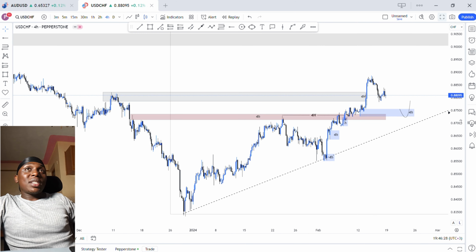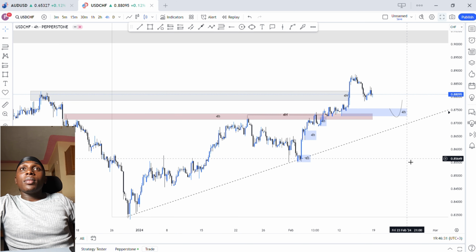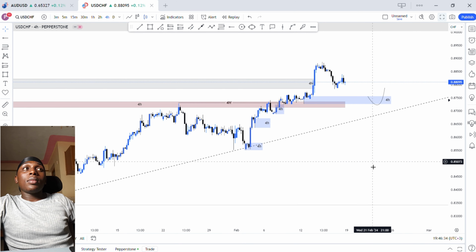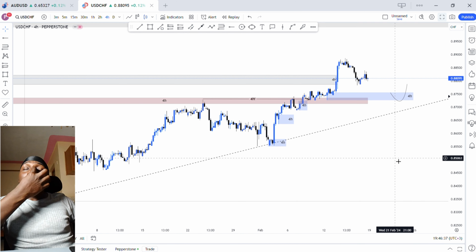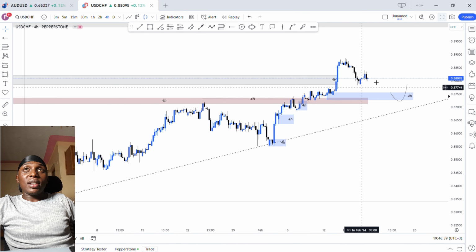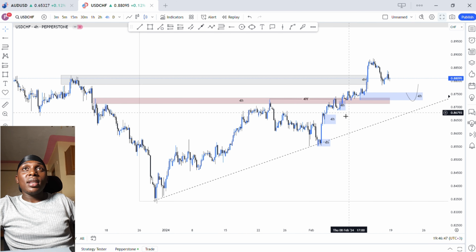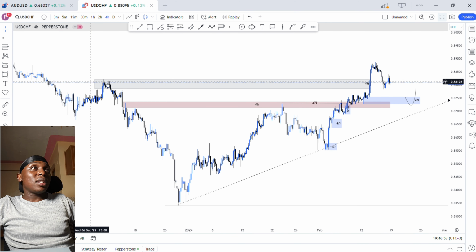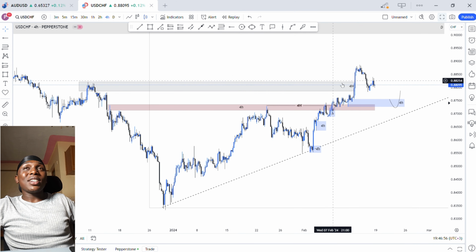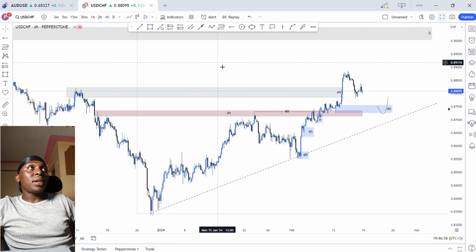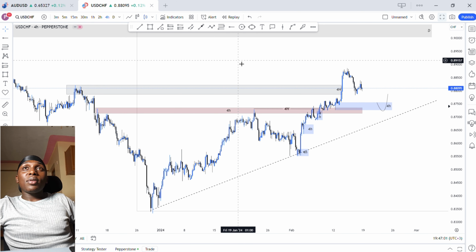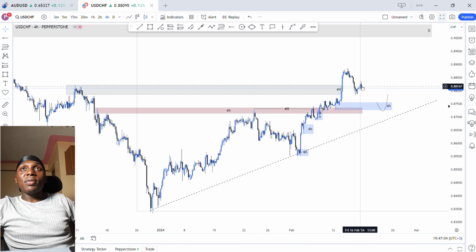4-hour time frame for USDCHF, and you can see that price has been moving in this nice uptrend, and then we also have a 4-hour point of resistance which has been tested once, twice, thrice, and recently price broke above it. And we also have this supply zone on the 4-hour time frame which has also been broken by the recent price. And for this coming week, I'll be looking for price to come and retest this demand zone